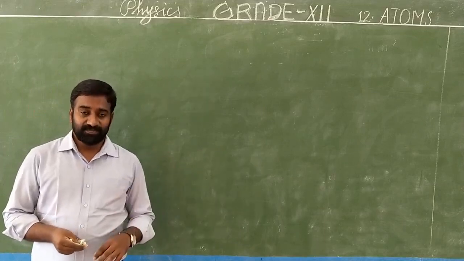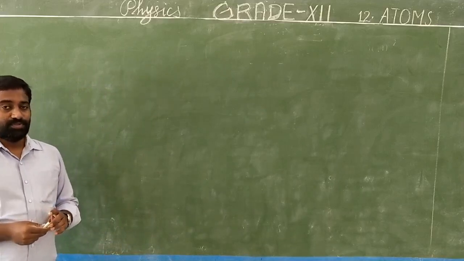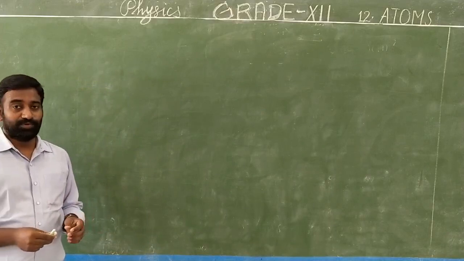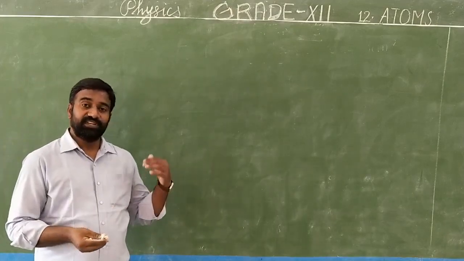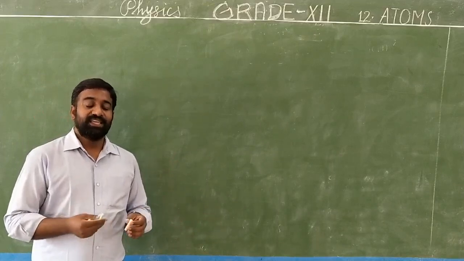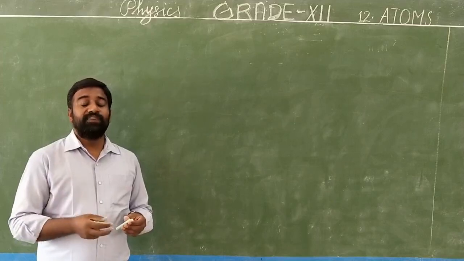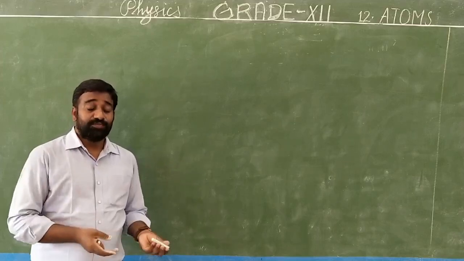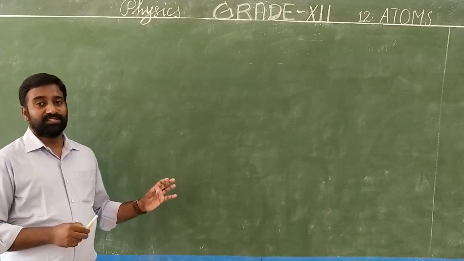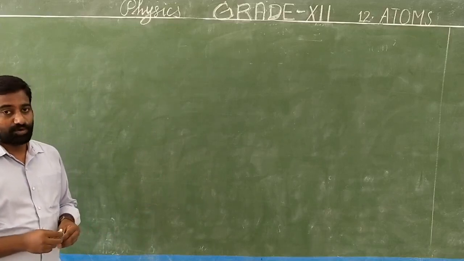After Thomson, actually Thomson is the first person who determined the charge to mass ratio. The first nuclear model was proposed by Rutherford. Rutherford was a student of J.J. Thomson, but Rutherford used his students Geiger and Marsden. They performed an experiment, that is the gold foil alpha particle scattering experiment. From the experiment, Rutherford suggested the nucleus. The nucleus looks like this. So the first nuclear model is given by Rutherford.